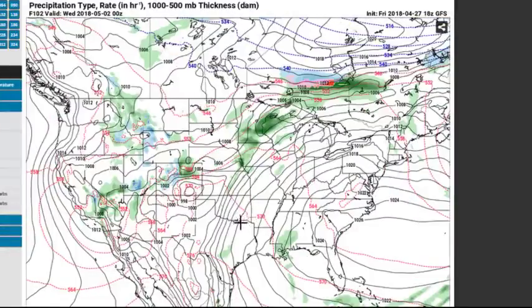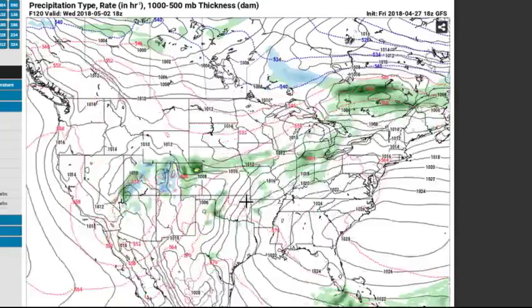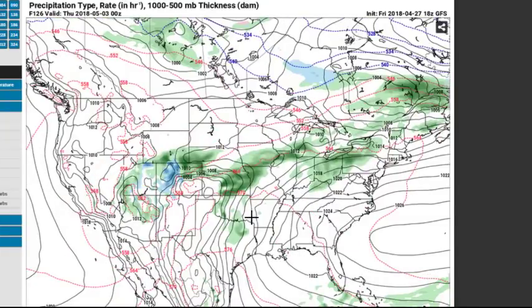Then for Tuesday, the GFS is putting them in western Oklahoma, just very light activity. We're probably going to have a little bit more than that. And then on Wednesday, yeah, it pretty much matches up with that area we talked about. So definitely a